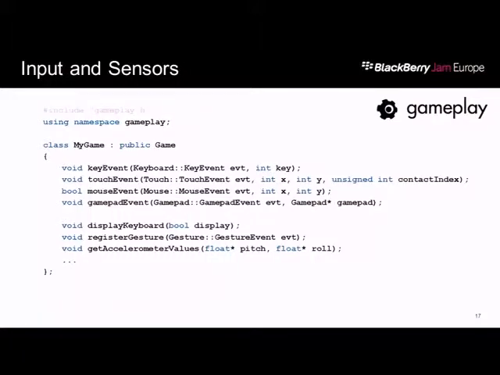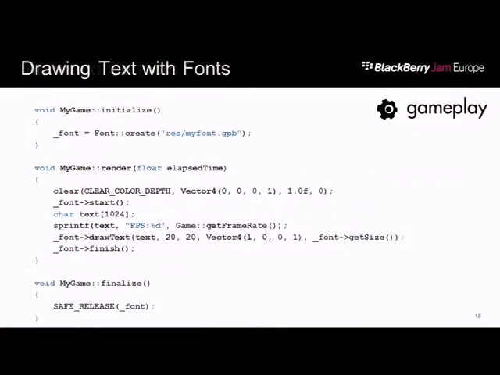And then we have methods as well. So these are the event ones, but then there's methods as well, like show the keyboard now, or register a gesture, and then you can actually get events back on it. So if I want to draw something simple, a lot of people are just like, well, how do I do 2D? I just want to do some simple 2D stuff. So let's say I want to draw something with a font that I have. This GPB was originally a TrueType font. Let's say it was called Arial. So I would have sent the TrueType font into the encoder, said I want it to be size this or this, and usually go a little bit bigger.